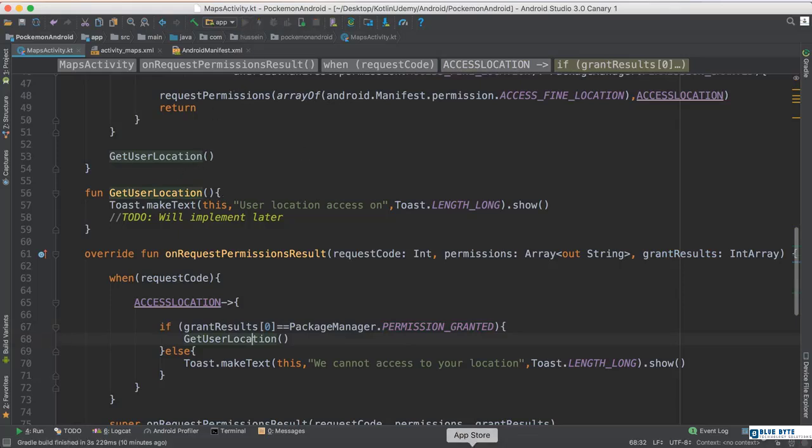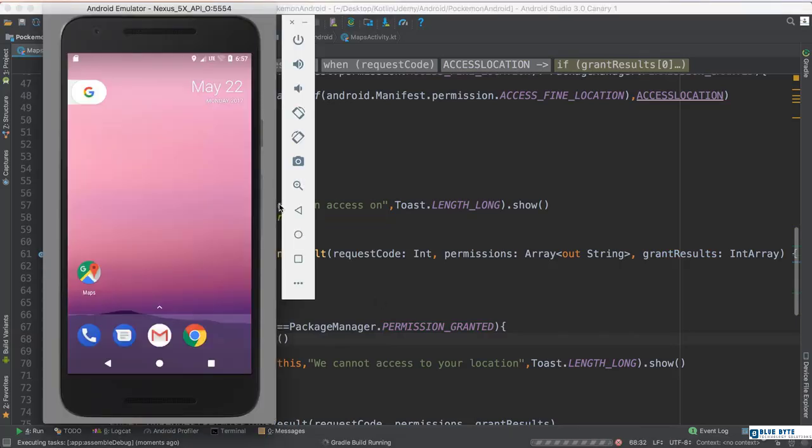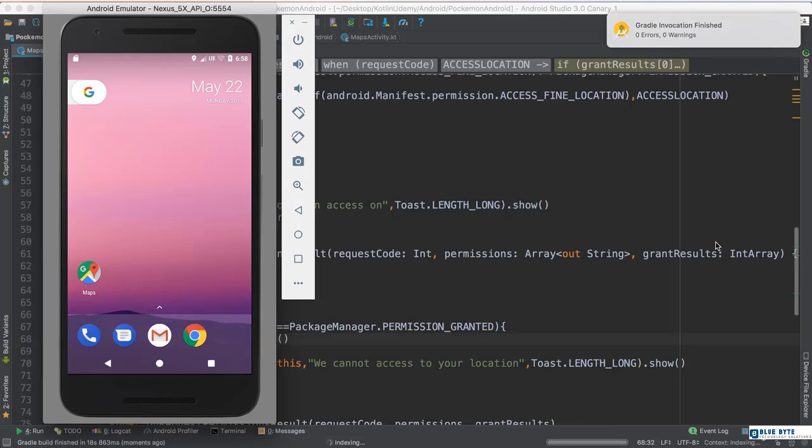So let me just run and make sure the request runtime permission is working fine, so I could do more in the next video. I just want to show in this video just the request permission, so I don't want to make the video too long so it's bothering you. If he shows me the message, if I was able to grant him the permission, that means I'm totally good to go to the next step. So waiting a few seconds and let's see